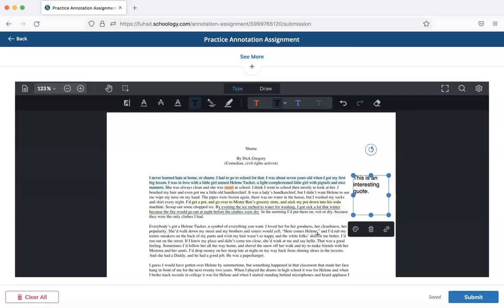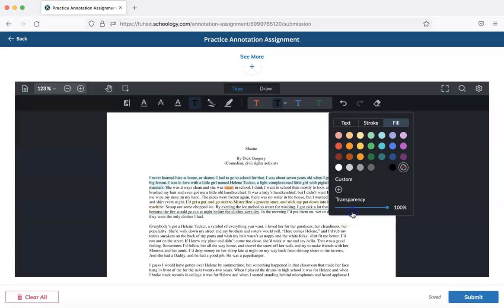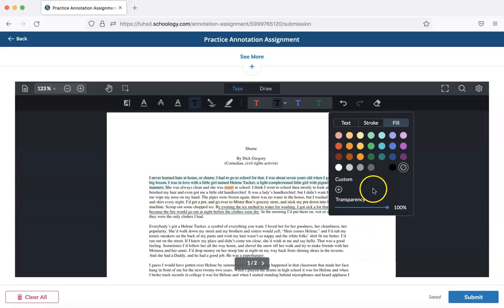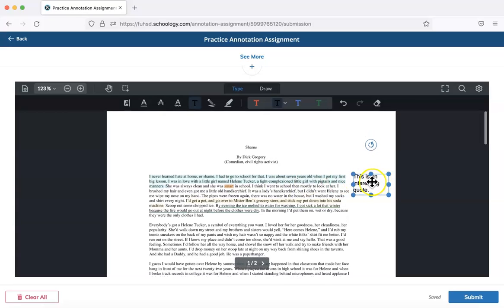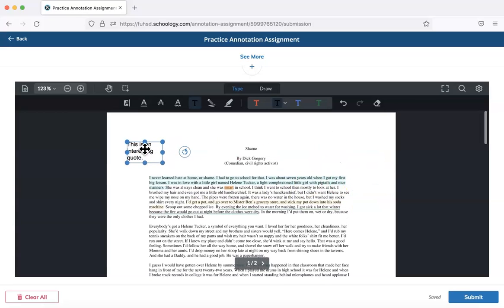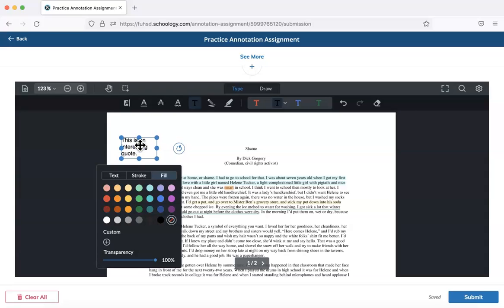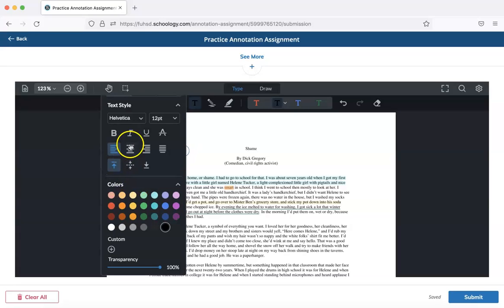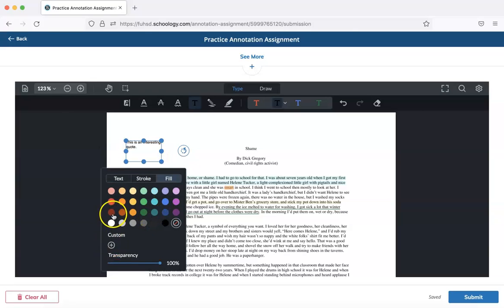If you click out of it, then you have access to your text box. You can change the size of it. You can go back to the palette, right? And again, sometimes it's going to cover that, which is kind of annoying. So just keep in mind that sometimes we need to scroll until we can get access to certain things. Now the palette is underneath it. This little button means you can drag it and place it anywhere on the document. Again, you can change the size and the font so that it fits a little bit better. Close that, and you can see what the fill looks like, things like that.